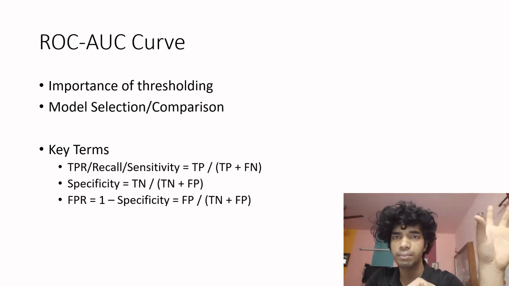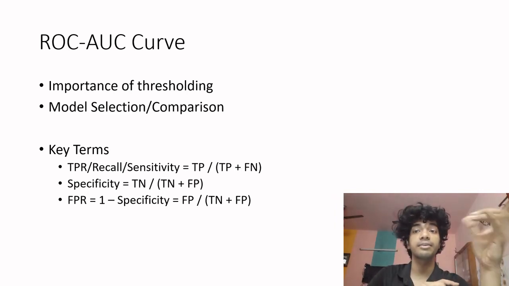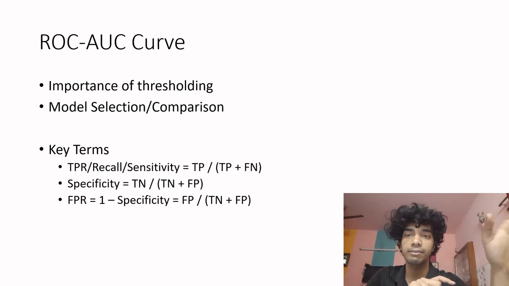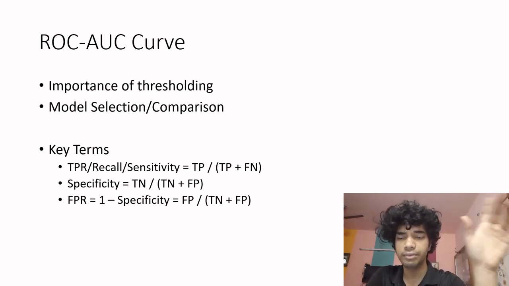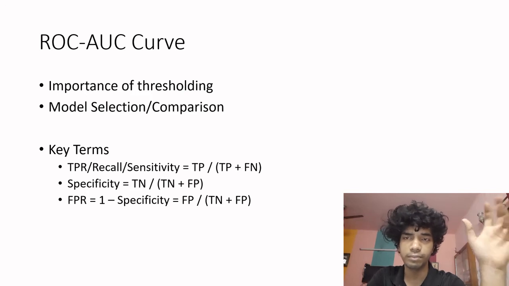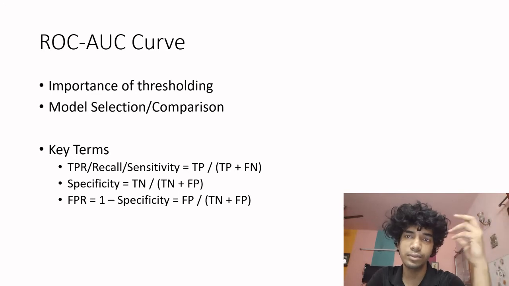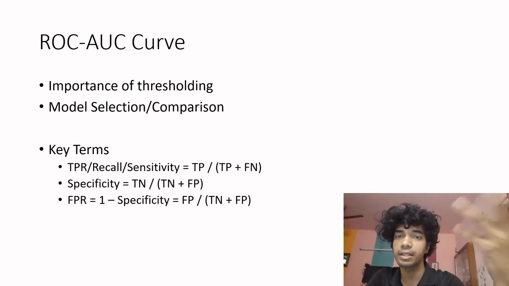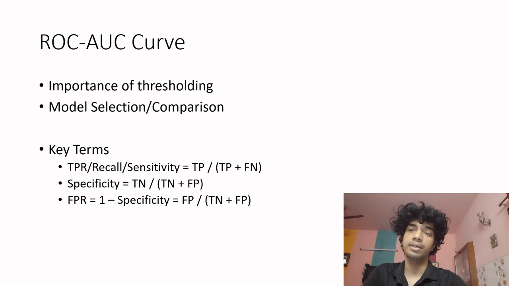So true positives are the actual positives, and the ones which were predicted negative but were not actually negative, what is that? That is a false negative. So TPR is true positive by true positive plus false negative. That justifies TPR. What is specificity? If you look at the formula, it is true negative by true negative plus false positive. True negatives are the actual negative classes, and false positives are the ones which were actually negative but have been predicted as positive. So you can say that it is the true negative rate.